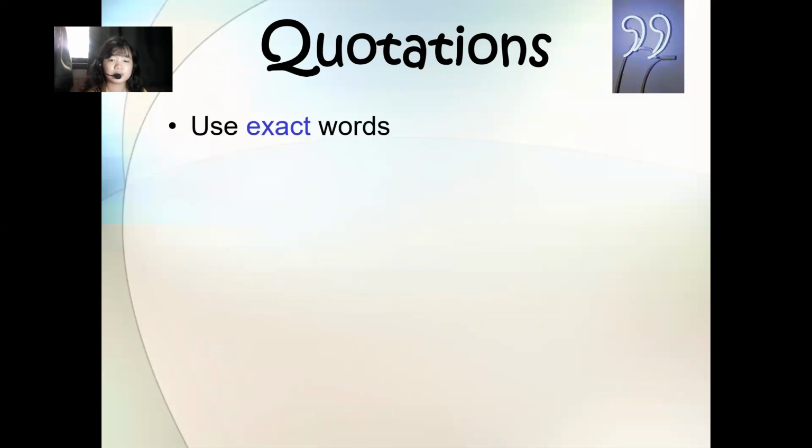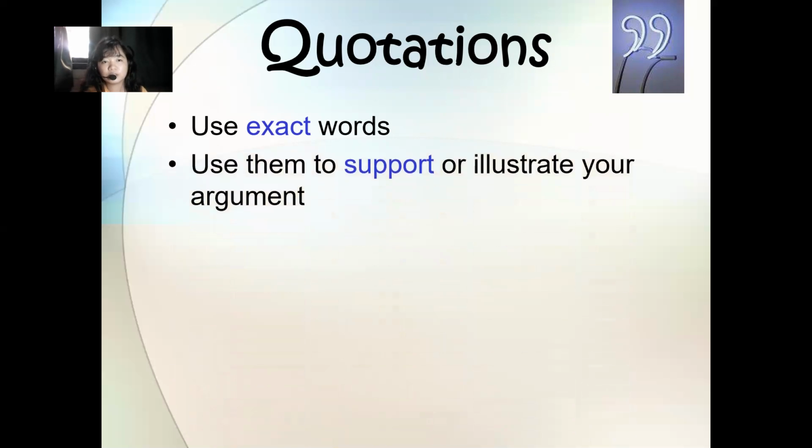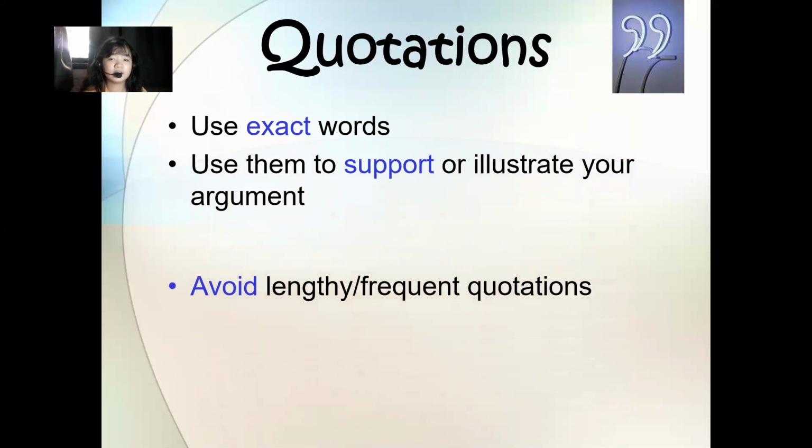Let's now proceed to quotations. Ang citation, katulad sa ipakita ninyo, names author enclosed in a parenthesis with the year published. But a quotation is using exact words and then magbutang tag duha ka quotation mark. We don't do quotations in academic paper, such as a research paper, class. But you can do quotations if, for example, you're going to make a thought paper or a reaction paper and then mangayo ka og mga sources sa uban to support your article or your idea. Pwede ta mogamit og quotations. So use them to support or illustrate your argument. Please avoid lengthy or frequent quotations.